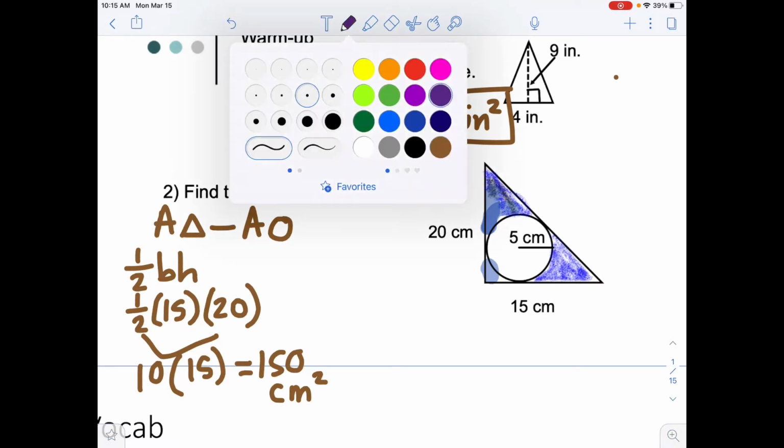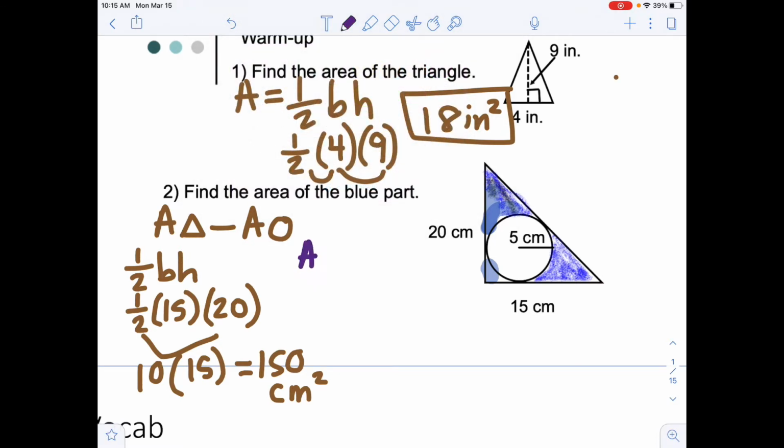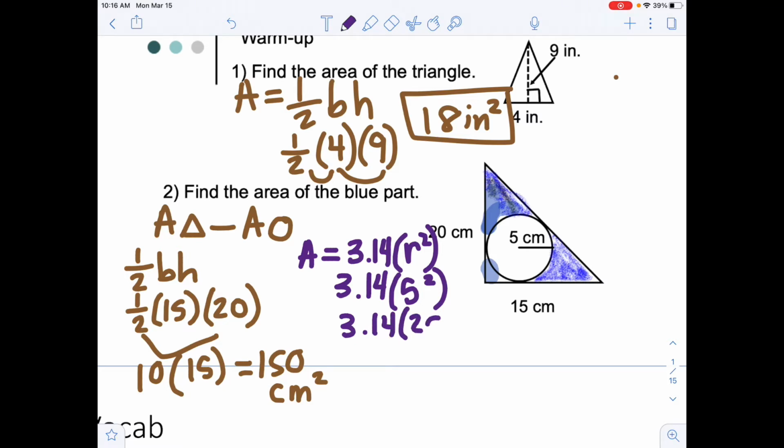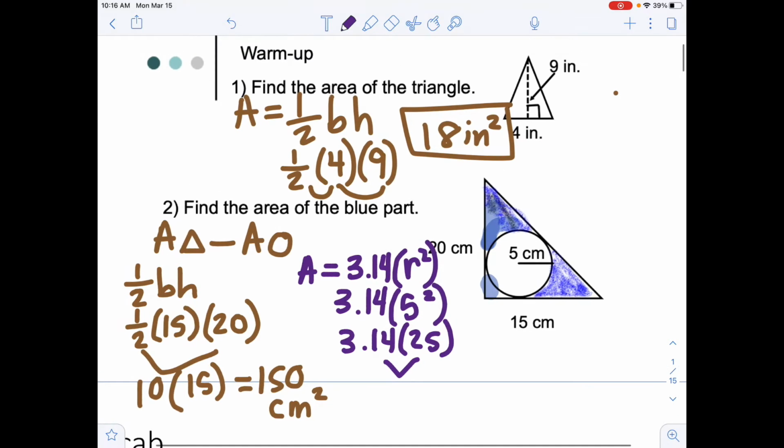Then I'm going to find the area of my circle. I know area of a circle is pi r squared, so 3.14 times r squared. So here I have 3.14 times 5 squared, because 5 is my radius. 5 times 5 is 25, so 3.14 times 25, and I get